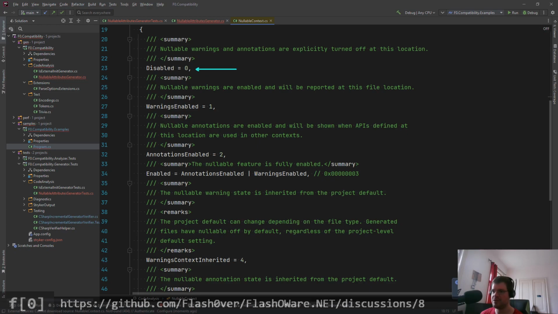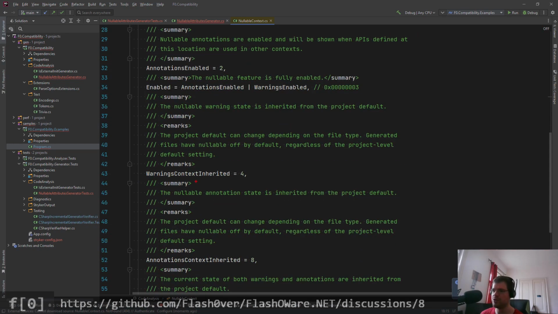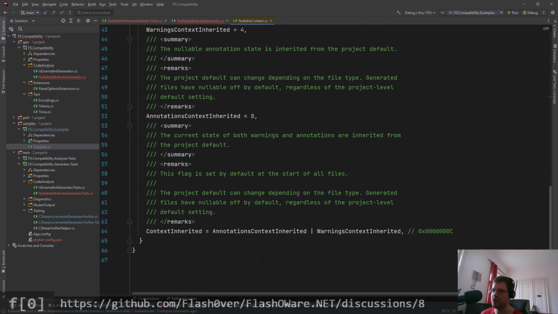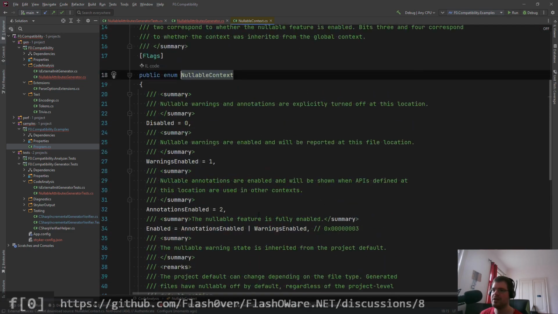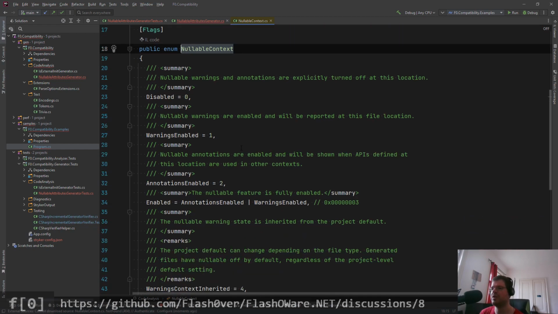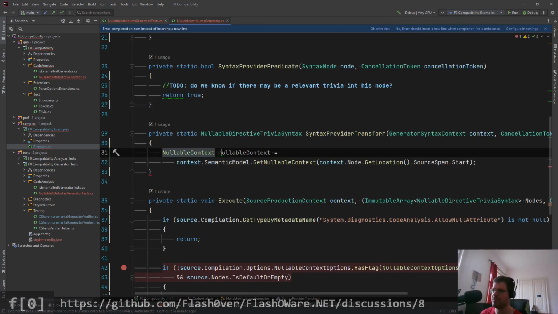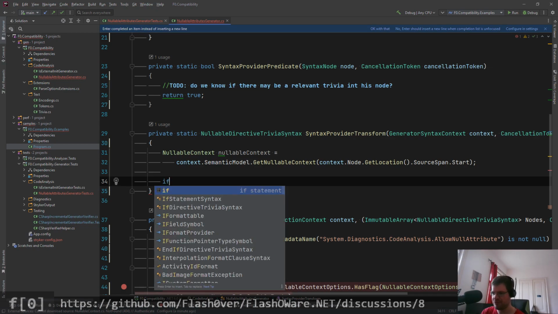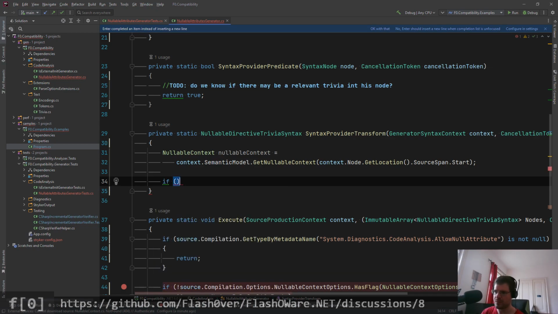So it's either disabled, warnings enabled, annotations enabled, both, or it could inherit the warnings from the CS proch, inherit the annotations from the CS proch, or inherit both from the CS proch. Okay, this is again a flags enum. So we could now ask if this node explicitly is defined in an annotations enabled scope. So basically if this nullable context has the flag,